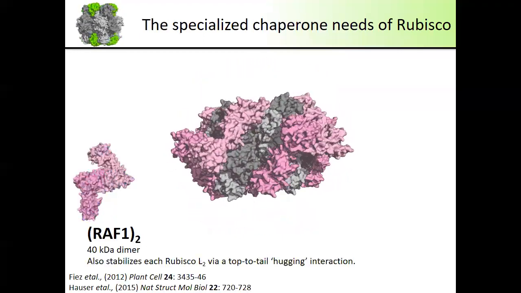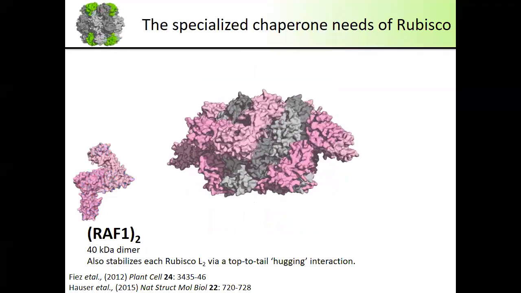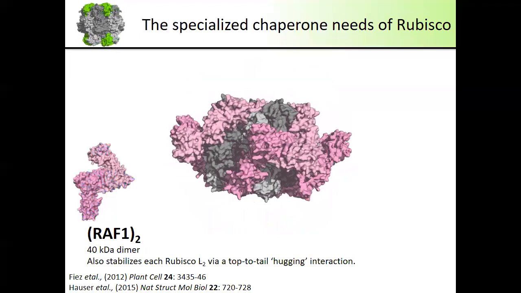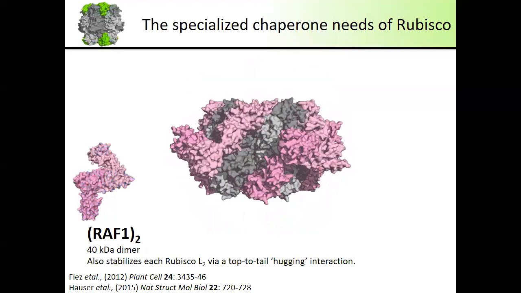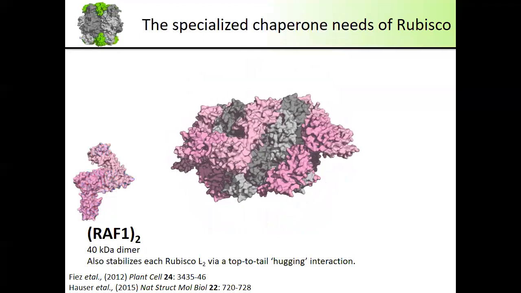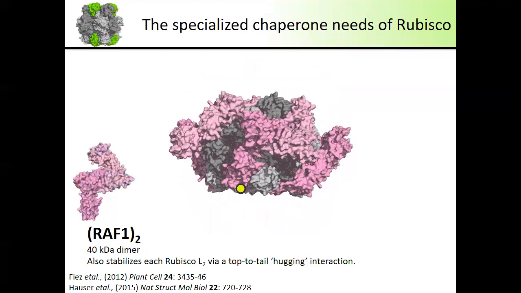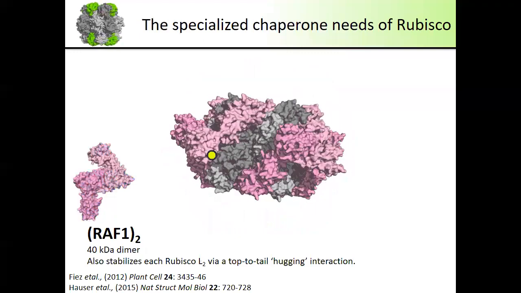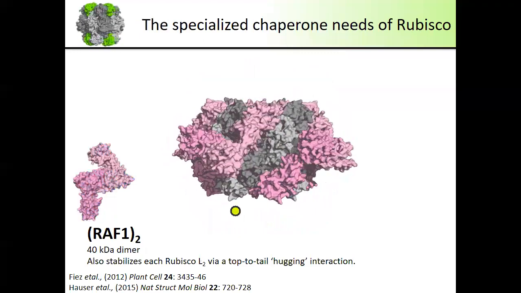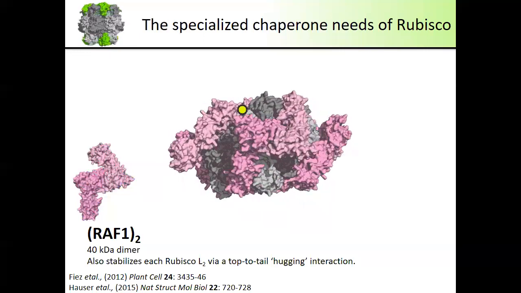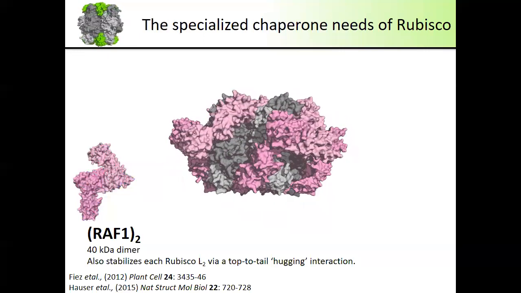Then this Rubisco accumulation factor 1, initially discovered again at David Stern's lab, but then structurally and mechanistically characterized in the Hayer-Hartl lab. You can see this forms a dimer. It's actually quite a large dimer. It acts a bit like a coat hanger from the top to the bottom of each dimer. And again, you can see that the binding of the small subunits has the potential to displace these bound